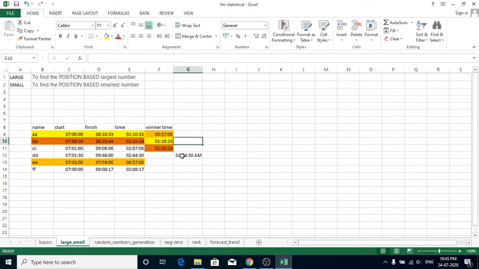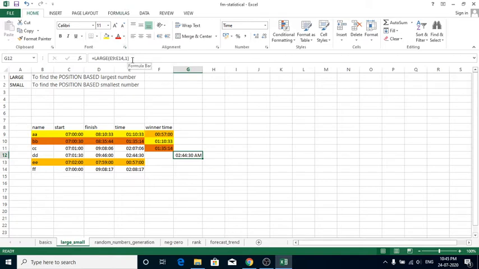Now let's look at the LARGE function. The LARGE function is also used to find a position based largest number. Here we can fetch the largest time interval in the first position. So equals LARGE of the same array, comma 1.